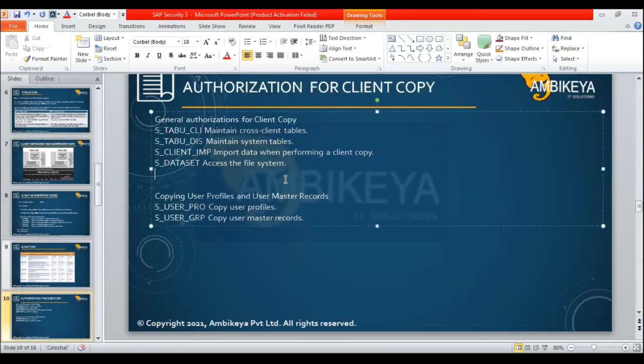So what exactly is the authorization? From an authorization perspective, what do you need for copying the client? You will need access to SCCL, like cross-client maintenance, SM30, maintain system tables. The basis team should have access to the system tables. Then S_CLIENT_IMPORT, so they will need access for client import. This is a separate authorization, and S_USER_DATASET. And for copying the user master record, they need